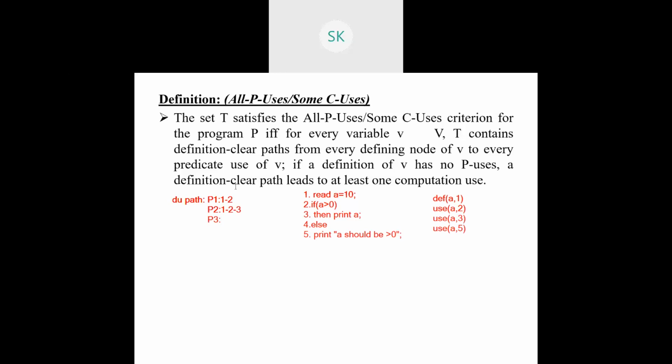it will be just saying that 1 to 2. If 2 fails, it will go with 4. 4 with respect to 5. This is the third path. Now, with respect to this, we need to identify all P uses for some C uses. That's what they are saying. So with respect to this, I'll say that